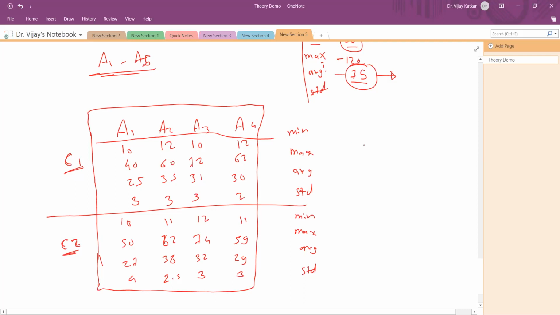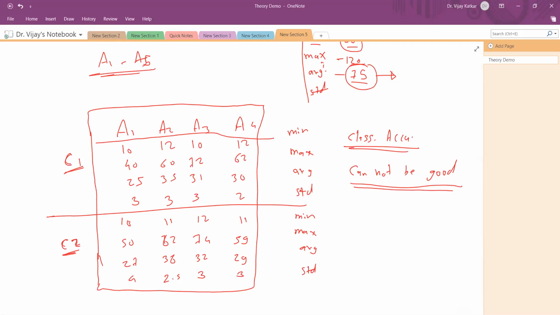So this will simply ensure that your classification accuracy cannot be good. So it means your task is challenging. Your task will be extremely challenging, and this simply says that yes, it cannot work. So let me give you one example from my own PhD dataset, which I used during my PhD work.